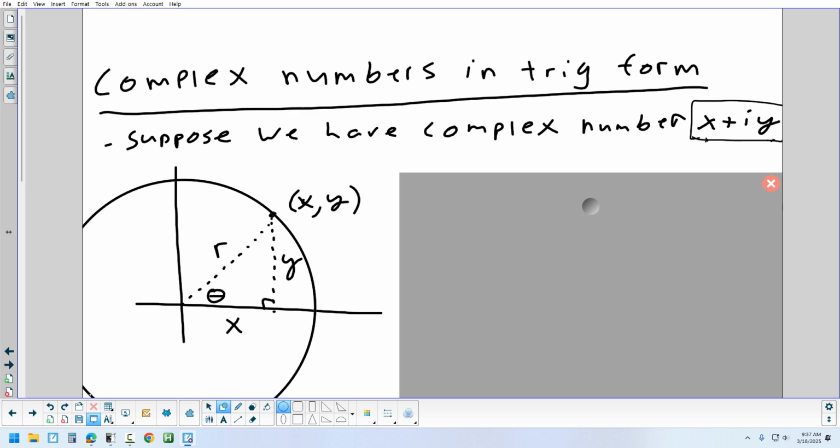And we just learned that the hypotenuse of this triangle is also the what of your complex number? Yep, our absolute value. So the absolute value of your complex number is the hypotenuse, which gives you the size of the circle